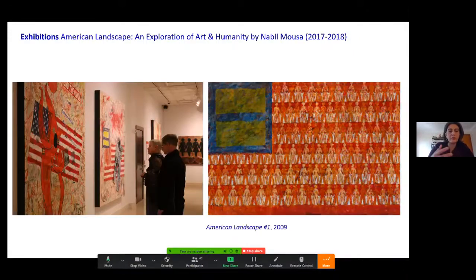You see the flag repeated several times. You see a lot of same-sex images of men and women holding hands, a reference to gay rights and the inability of gay people, the LGBTQ community, to realize their full rights as citizens. Orange is also infused throughout this body of work, this American landscape. And he claims that it has to do with,